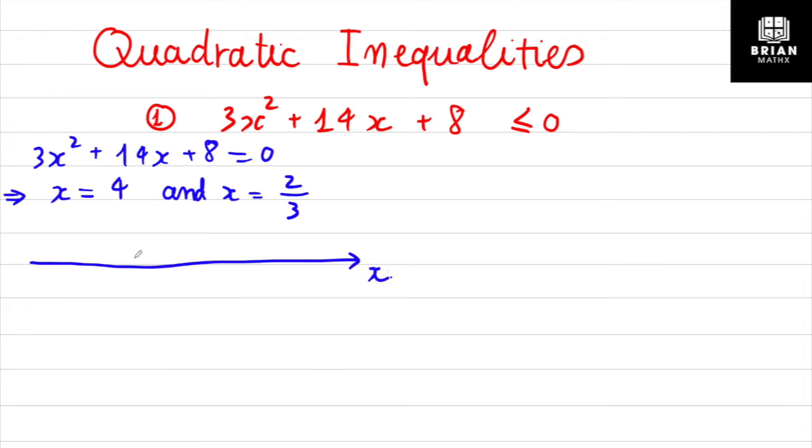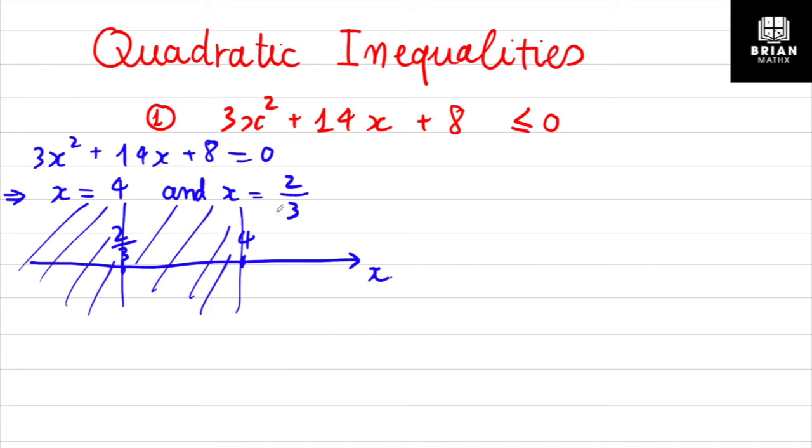The smaller number will be on the left and the larger number will be on the right. So here we have 2 over 3, and here we have the value of 4. The two values of x will divide this number line into 3 parts. The first one here, the second one here, and the third part in this part. So after this step, we will determine